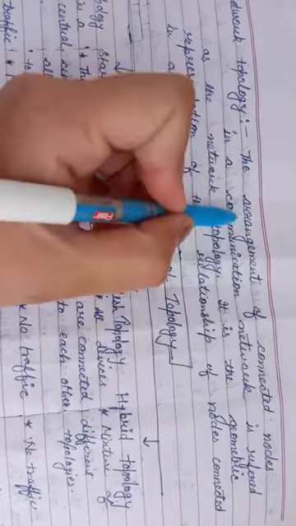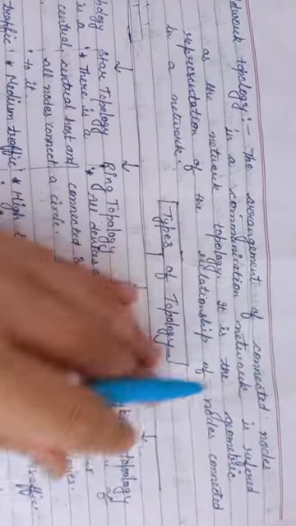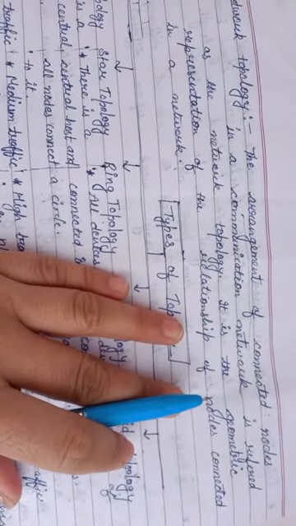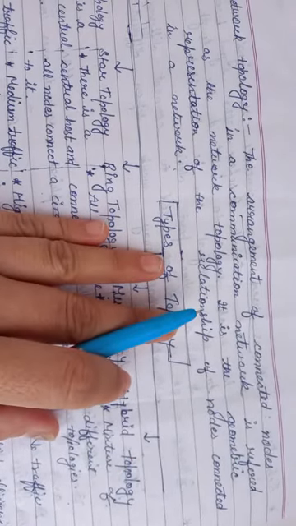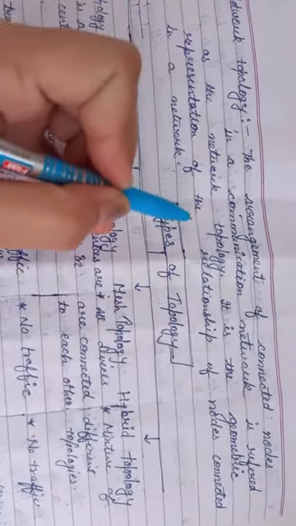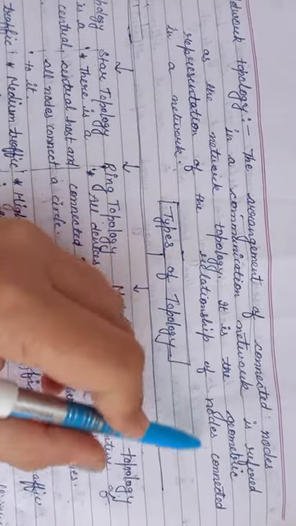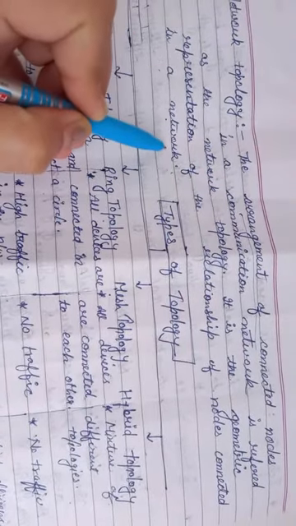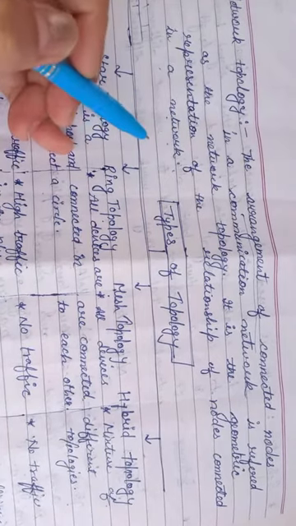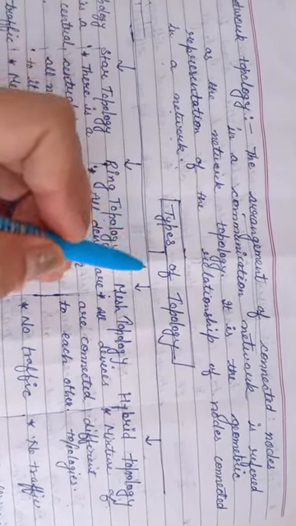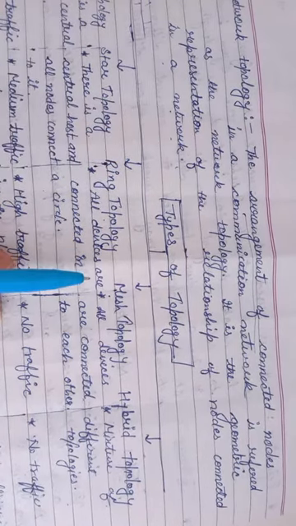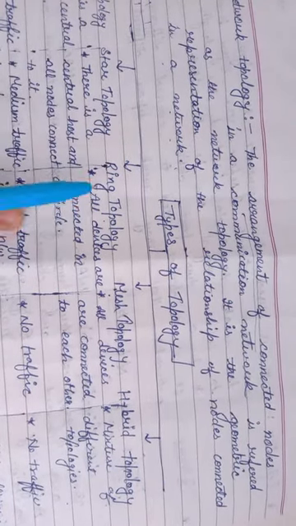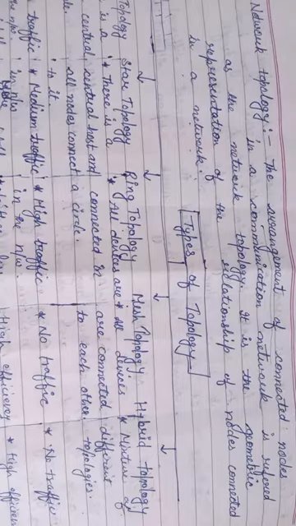Arrangement of connected nodes in the communication network, that is referred to as network topology. It is the geometric representation of the relationship of nodes connected in a network. So basically we are saying that in which geometrical pattern the nodes are connected with each other, that is defined as network topology. We have various types of topologies.